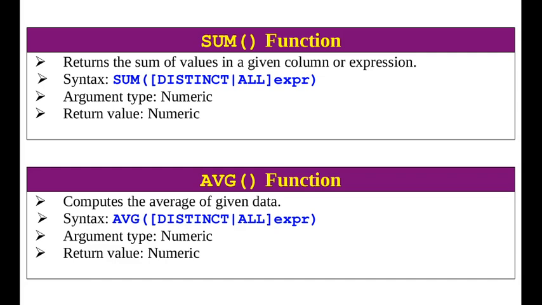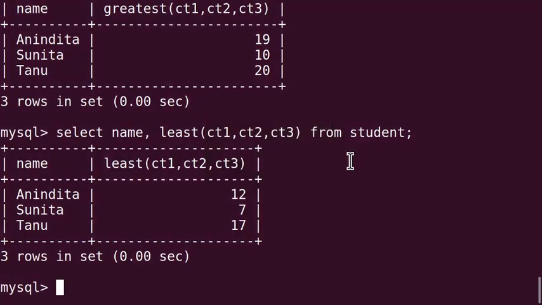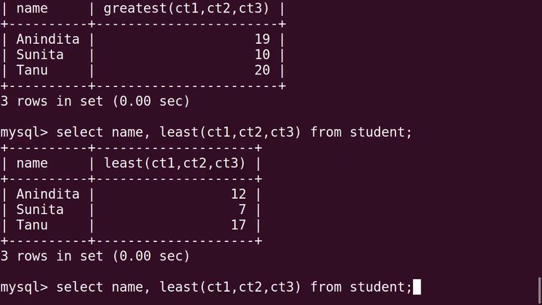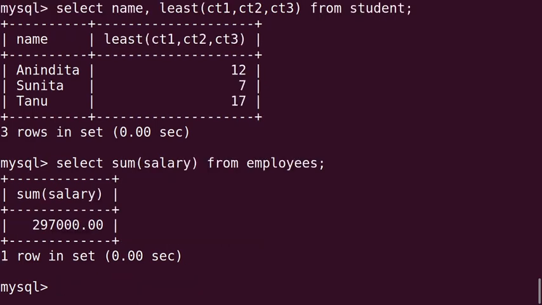Let's see the output. On the salary field we can see sum salary from employees. That is 2,97,000 we are getting.